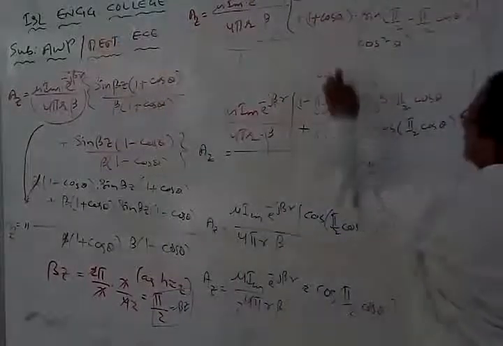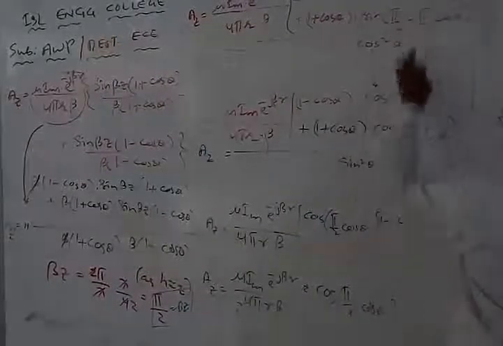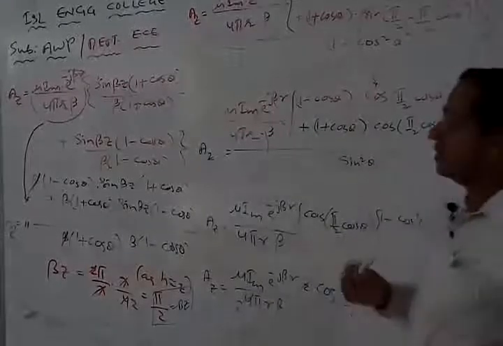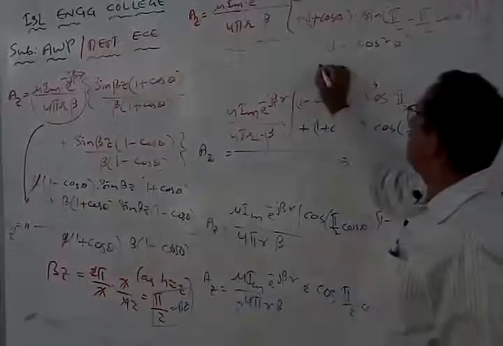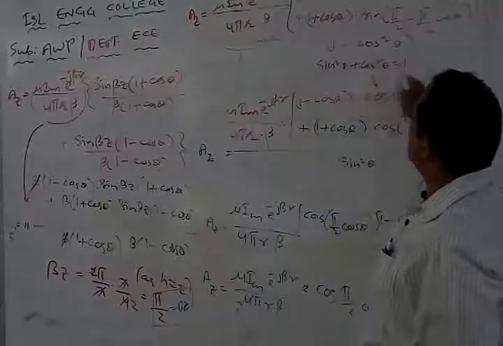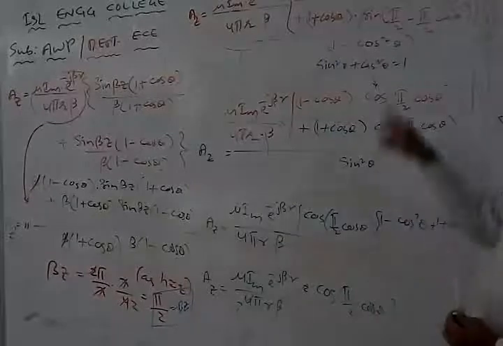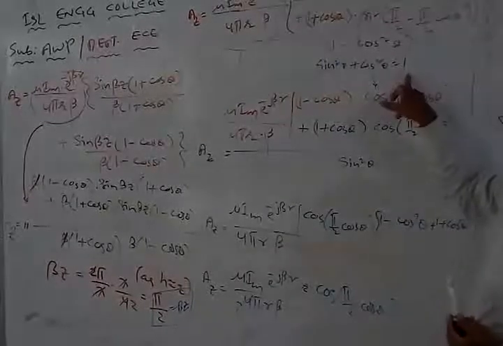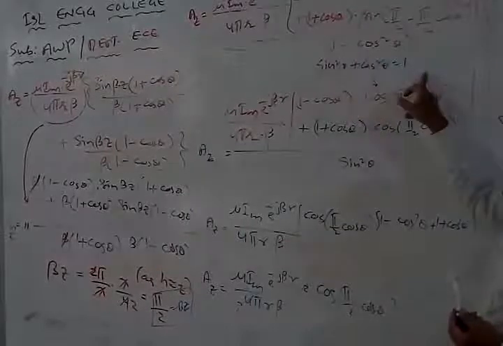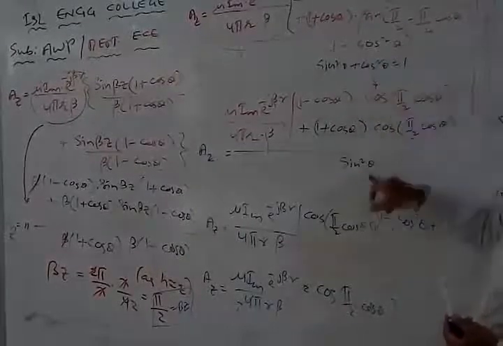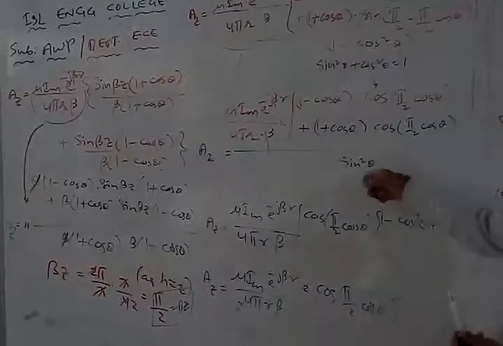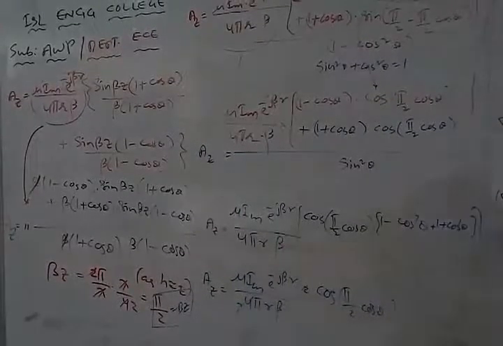Similarly, I have 1 plus cos theta into this part as once again cos theta, divided by what is 1 minus cos square theta? It is going to be equal to sin square theta. Why? Because sin square theta plus cos square theta is equal to 1. So from this equation, if we take this one onto the LHS side, sin square theta on the RHS side, we are going to get sin square theta is equal to 1 minus cos square theta. So therefore I can write this as equal to sin square theta.